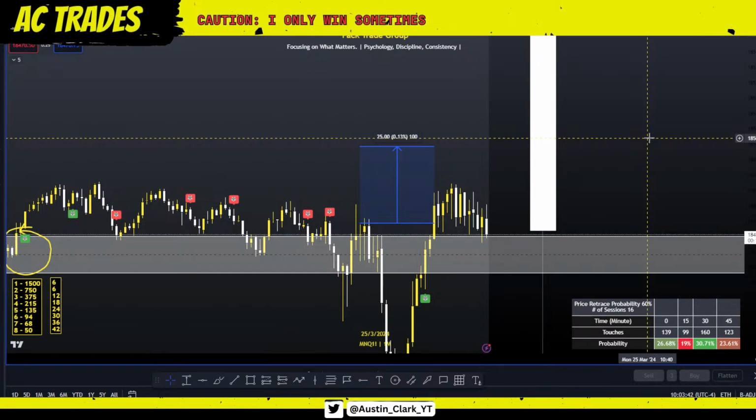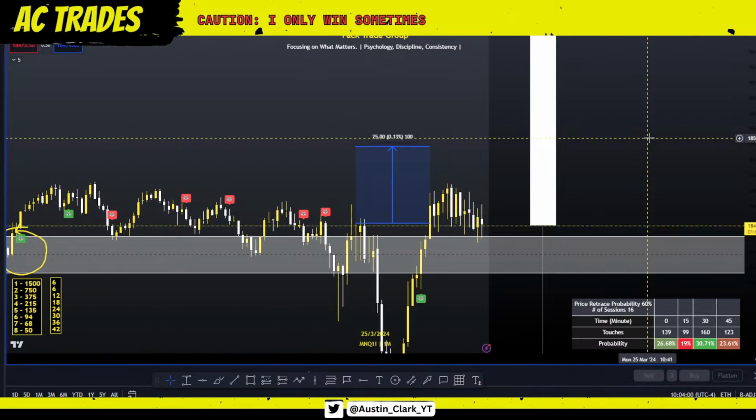How do we know that? Because we are putting in the reps consistently in the pack trade group. We are literally doing 14 years of data and we're pulling it every single day, backtesting, backtesting, backtesting. And if you don't do that, you're not going to have peace on these charts. If you don't put in all of that unsexy work, you are not going to have peace on the charts. You're going to be freaking out, scared, just wondering what the heck's going on, why is the price doing what it's doing?